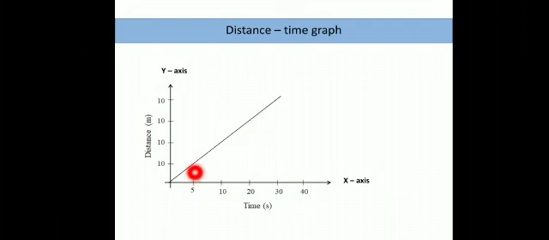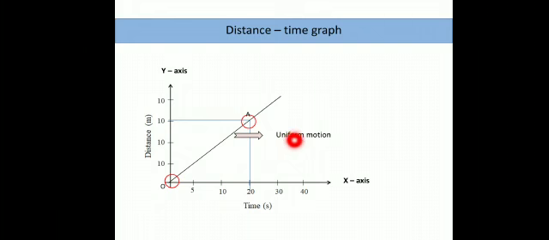So when we plot the information, this is a straight line. As you can see, the graph between distance and time is basically a straight line, okay. Whenever a distance-time graph is a straight line and it is passing through the origin, then it is said that the motion is a uniform motion, okay.